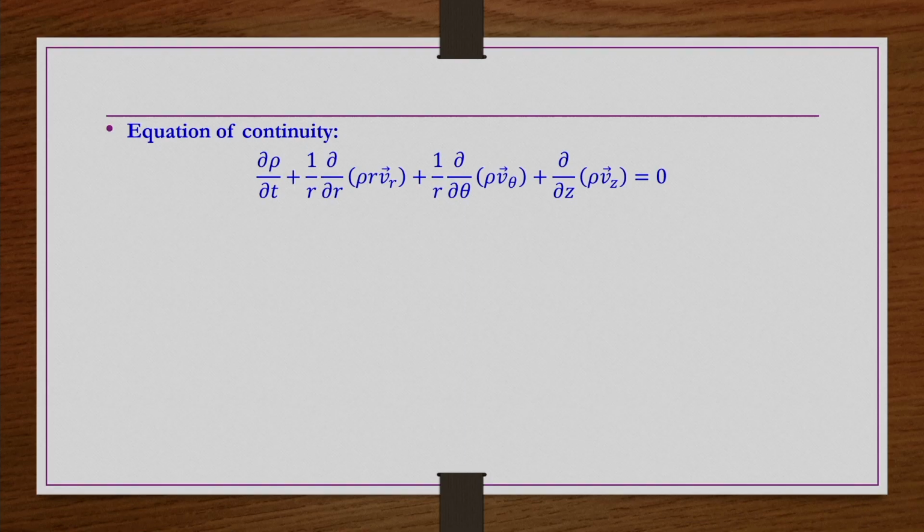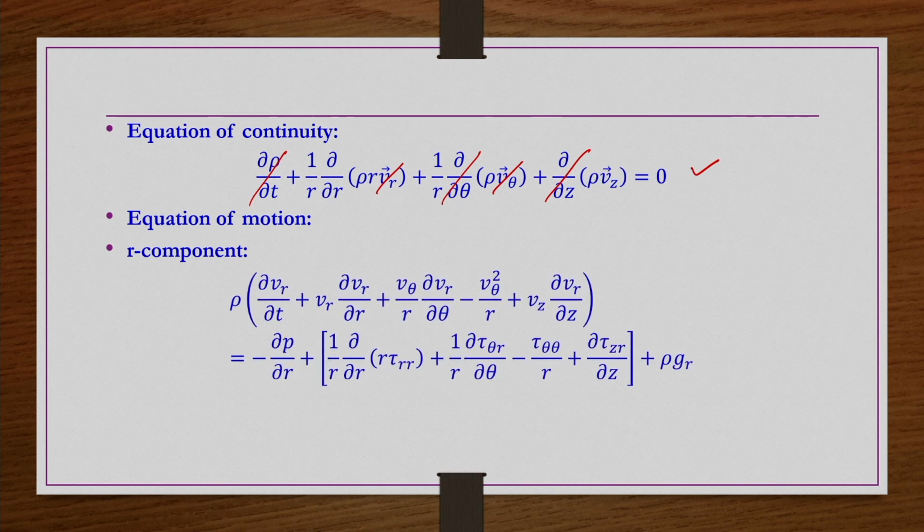Now we are going to apply these constraints to the continuity and then the momentum equation. Continuity equation, steady state, so this term is 0. Vr is not existing or it is 0, V theta is not existing or it is 0, and by symmetry this term is 0. Since the flow is fully developed, dou by dou z of any flow variable is 0. So, continuity is satisfied. Then the r component of the equation of motion is this one.